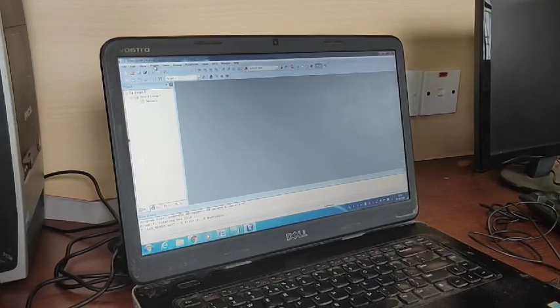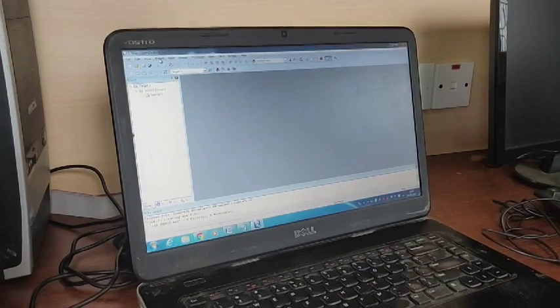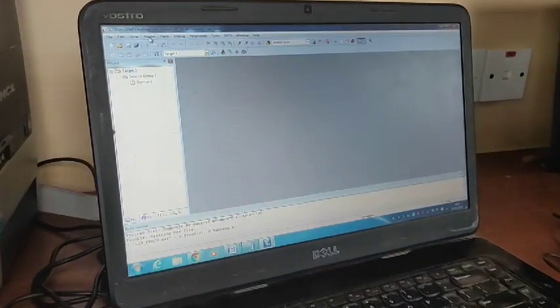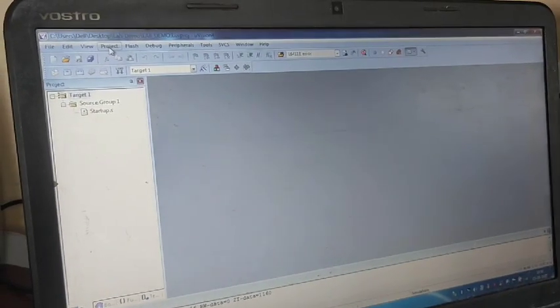The first hardware program of your syllabus is displaying a message, that is, hello world, using internal UART. So we'll show you from the beginning what we are doing. We were following the same steps for the assembly programming also, but we'll just repeat here, with a few changes that we are going to make.